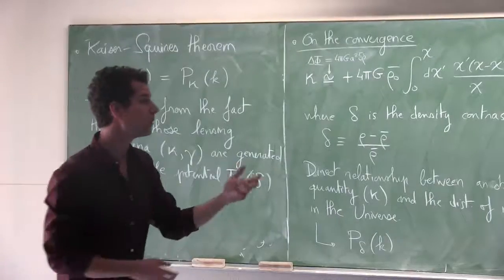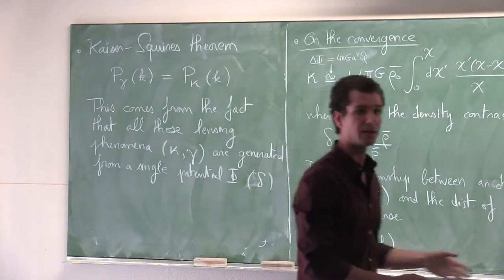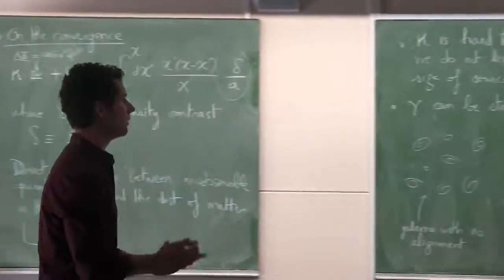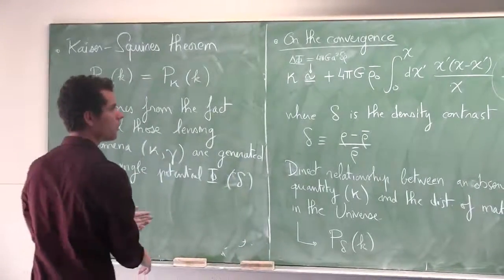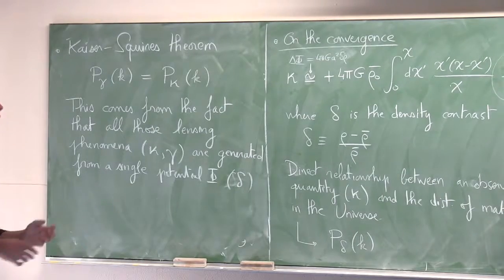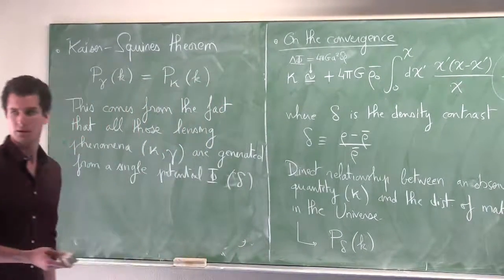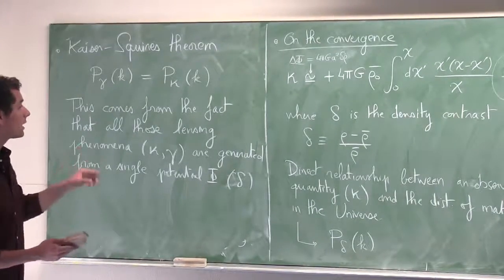So people started using some more general statistics. For example, the shear peak method is something that goes beyond this technique, and that could be quite promising. There are some forecasts that show that you can get better constraints on the cosmological parameters. Oh yeah, talking about the cosmological